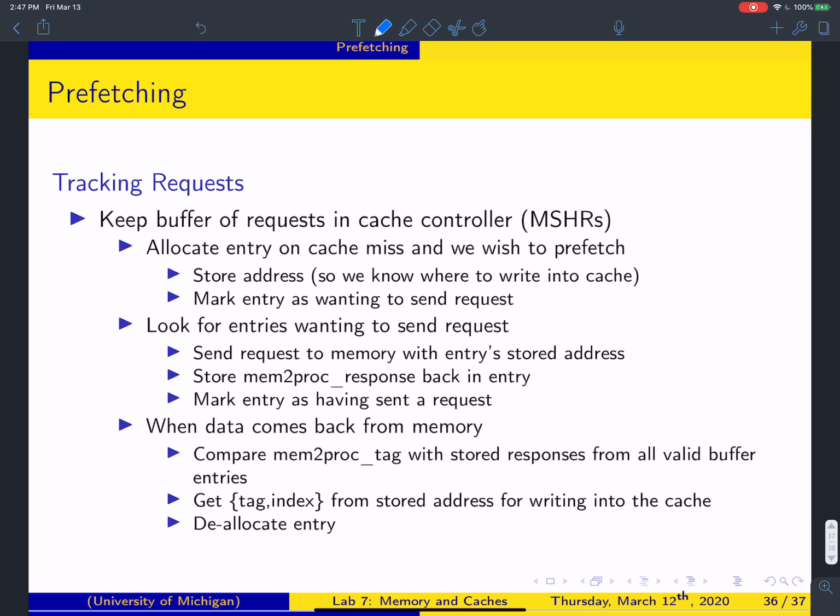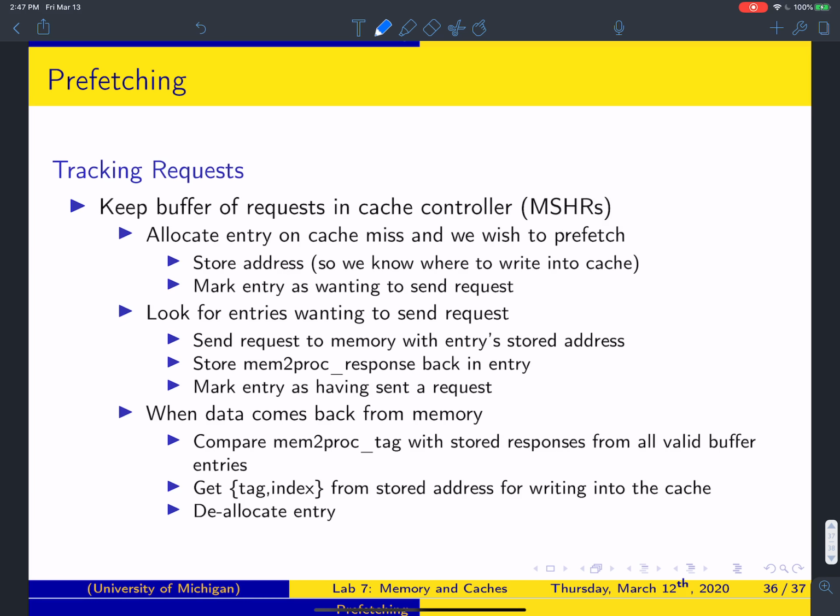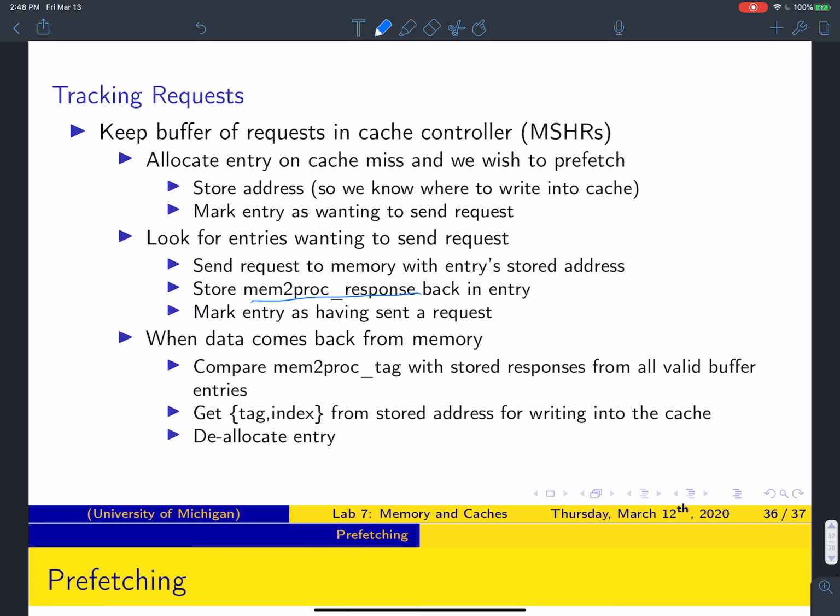So again, the MSHR algorithm is useful because you can port all your prefetches, instruction requests, and data cache requests into the same MSHR array. You can also have different arrays for those MSHRs. Again, it's up to you. But the idea is that every time you get a miss, you get a new MSHR entry, and then you look for entries wanting to send the request, and you send that request once the response comes back as non-zero, and then once the response tag matches that request,